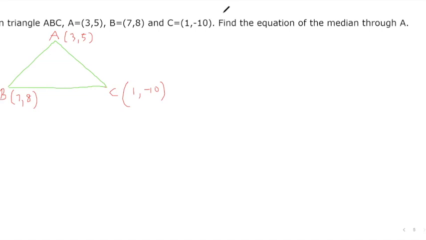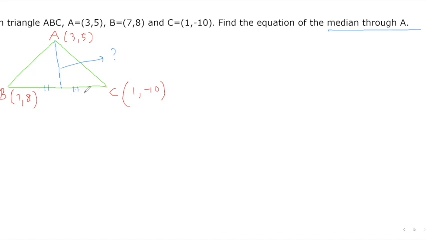So they want the equation of the median through A. What's a median? A median at a particular vertex bisects that vertex, or it bisects the angle of that vertex. Okay. And also it happens to bisect these two sides as well. Okay. So that blue line is the median through A. So you've got to find the equation of this line. Is that clear? So this is a very important question, and it's very likely that you'll get one of these types for the exam.